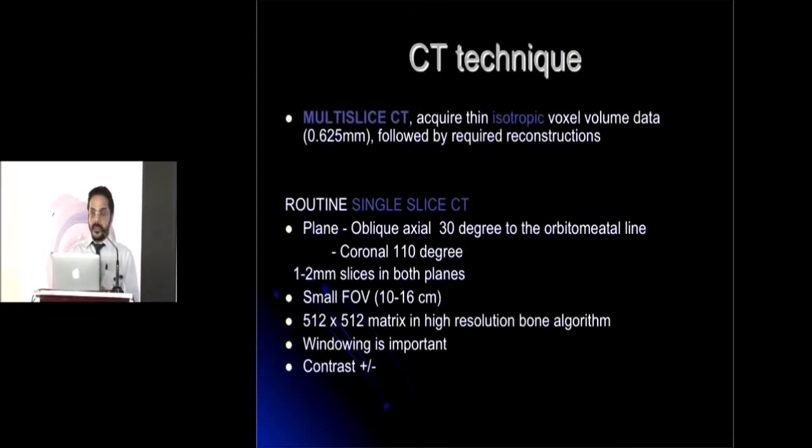Usually the CT done is very good, but you need to see the data separately. You have to do a high resolution algorithm and zoom the image, and your reporting should be on the 0.625 millimeter, whichever is the thinnest slice available on your machine. You should look into those images, not on the reformatted images which the technician provides, because the ear structures are so tiny.